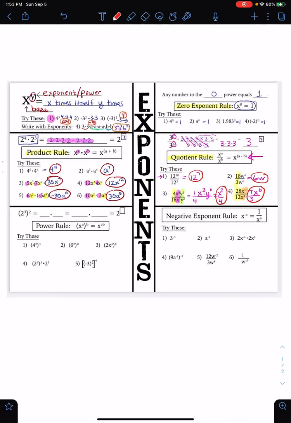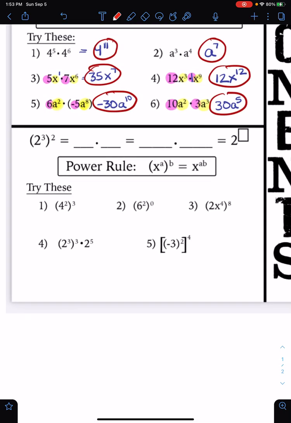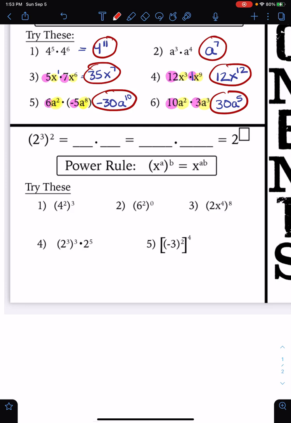Okay, we're continuing on in our exponent notes. Today we're going to be talking about powers of powers. So,